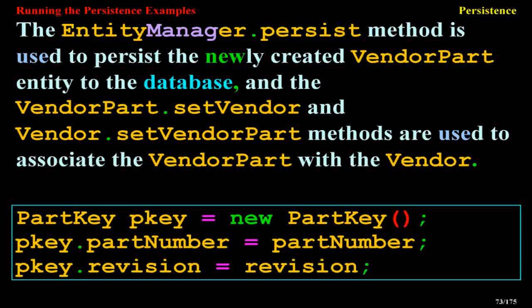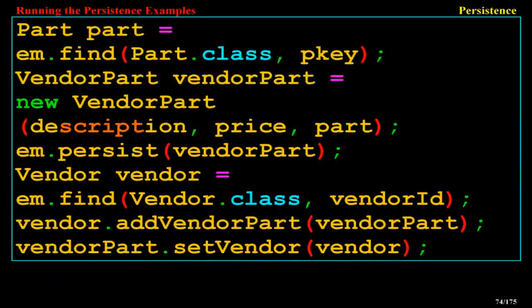PartKey pkey = new PartKey(); pkey.partNumber = partNumber; pkey.revision = revision; Part part = em.find(Part.class, pkey); VendorPart vendorPart = new VendorPart(description, price, part); em.persist(vendorPart); Vendor vendor = em.find(Vendor.class, vendorId); vendor.addVendorPart(vendorPart); vendorPart.setVendor(vendor);